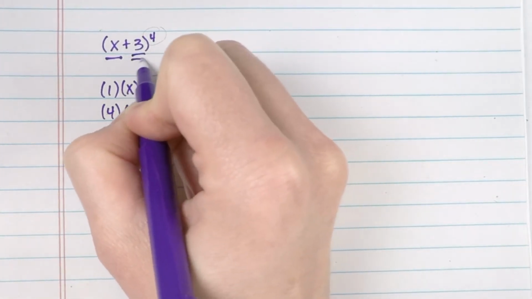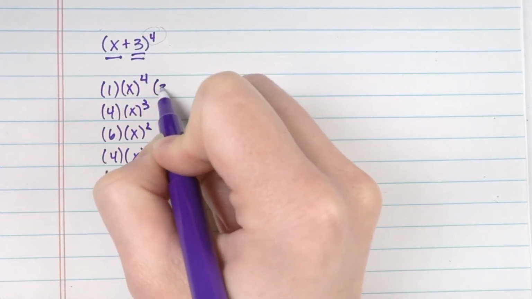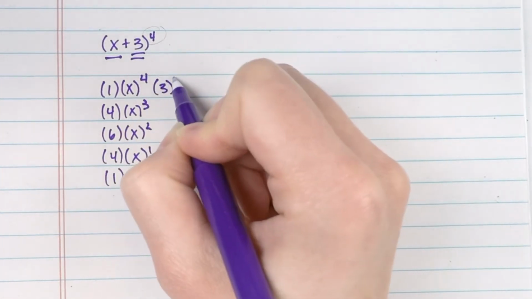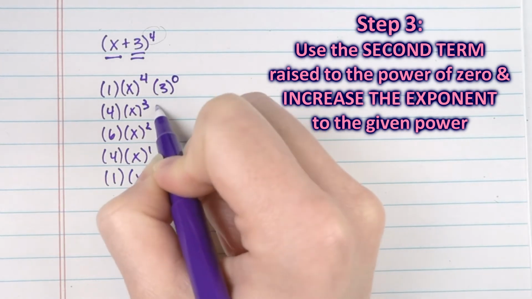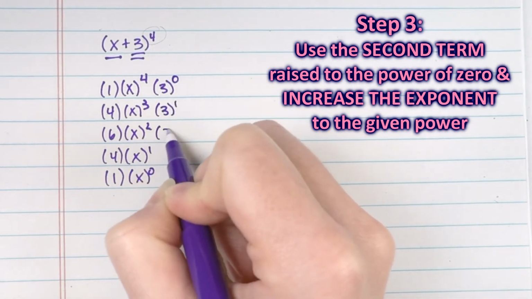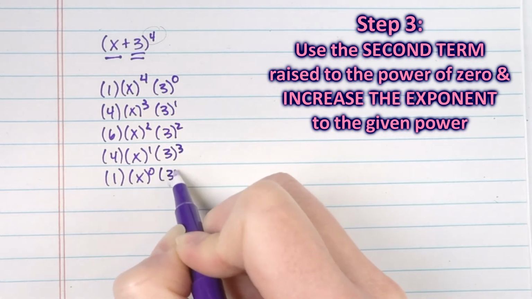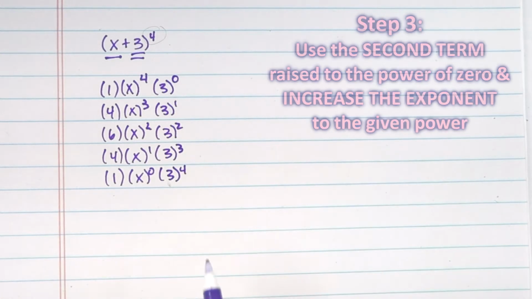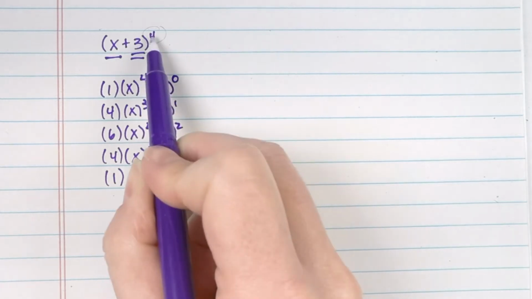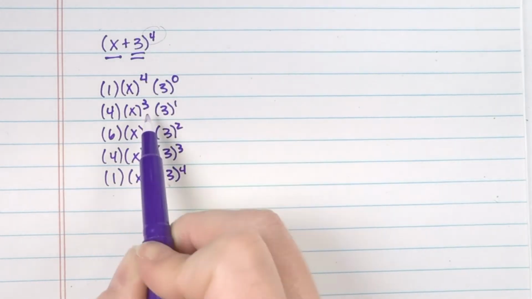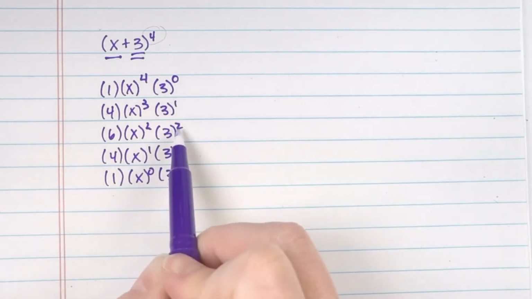And now I'm going to do the second term in the binomial, 3. And this time, instead of starting off with this exponent, I'm going to start off at 0 and increase the exponents. So I'll have 3 to the first power, 3 to the second power, 3 to the third power, and then finally 3 to the fourth power. And now each of these exponents in each row should add up to 4. So here 4 plus 0 gives me 4, 3 plus 1 gives me 4, 2 plus 2 gives me 4,